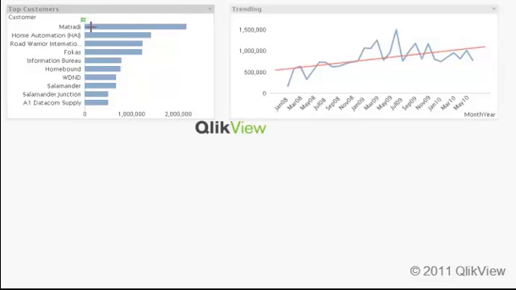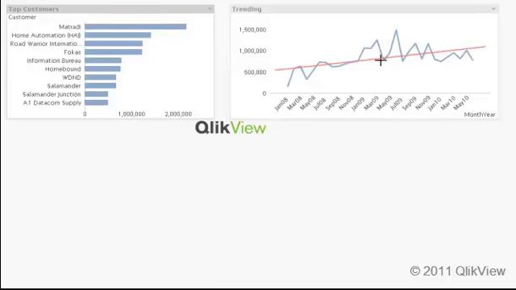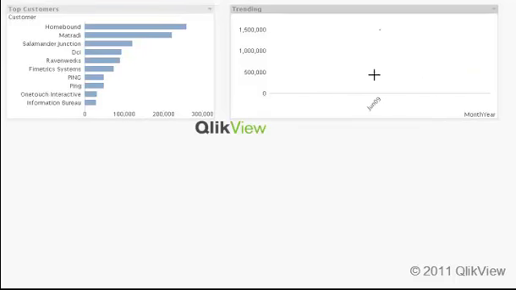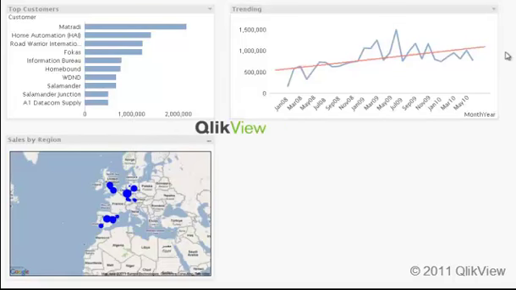Now if I go back and make those same selections of the top 5 customers, for example, I can see that the sales trend is automatically linked through the data model that we're holding in memory, and now shows us our sales trends for those top 5 customers. Now, because we have the two charts, I could of course start with the sales trend and ask what made up that specific peak in time there, and now I can see my top customers for that specific month. I could add in a third object which shows me some geographical analysis,